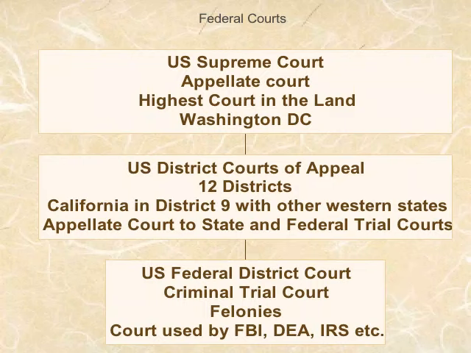And then the final stop is a U.S. Supreme Court. So U.S. Federal Court deals with questions of fact. U.S. District Court, U.S. Supreme Court deal with the appeals. The U.S. District Court of Appeals also will take cases from California Supreme Court. So if you're not happy with the California Supreme Court that we dealt with in the last slide, that's not the end of the road for you. You can go to the District Court of Appeals and then finally to the U.S. Supreme Court.